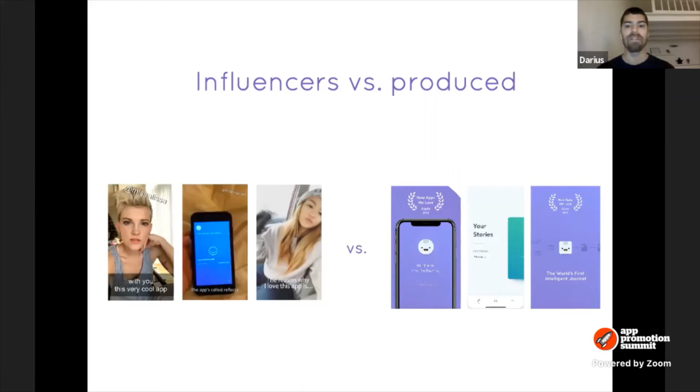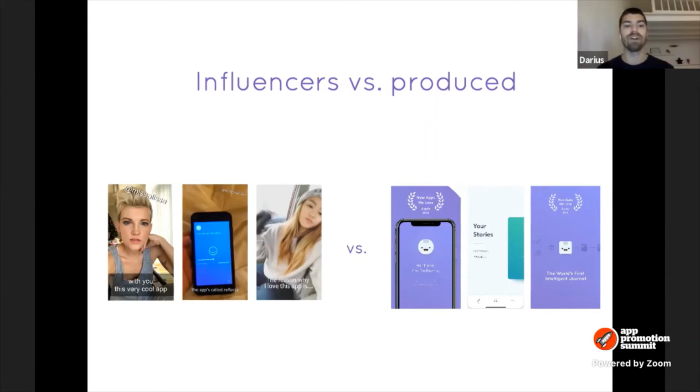The biggest difference that I've seen, as sort of the biggest outcome, is that the influencer-looking type of videos, which you see on the left side of the presentation, work much better than the produced types of videos. We've just seen that over and over again: TikTok is a very personal platform. People like to see people's faces on TikTok. And when you try to run creative that looks like an ad, you will skip it very fast. And we've seen this difference already on other platforms like Snap and Facebook and Instagram, for example, but it's even stronger on TikTok.